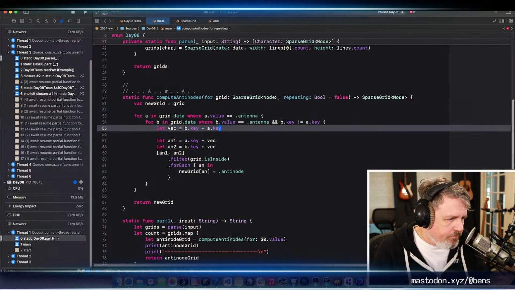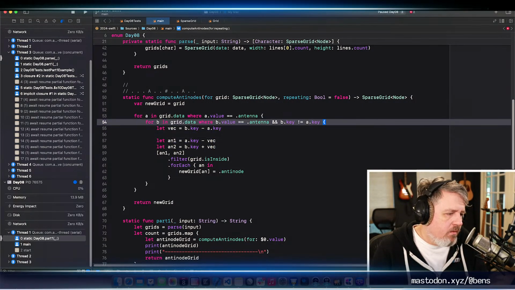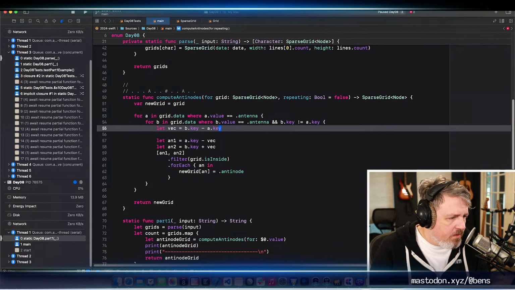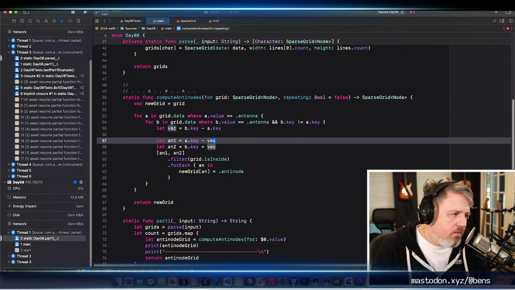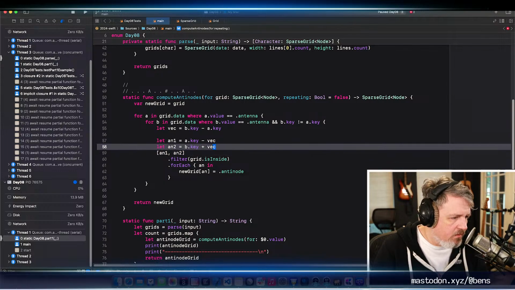And basically I need to say that while we've got our difference, and then starting from A, oh, it doesn't matter which one we do. We just start from A and we'll just continue to walk backwards along that line, adding an antinode at every position while it's inside the grid.